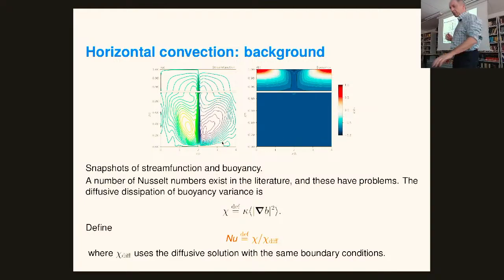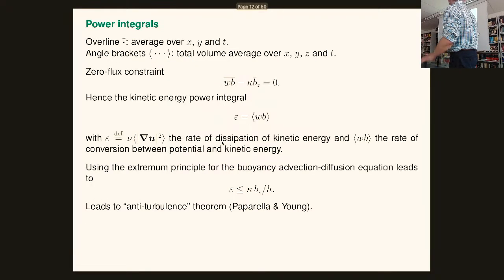I think I mentioned it, but that's not the goal of this talk. So this is just mathematically, again, for the IHP group. This is what I said, that if I average in the horizontal, this is the total heat flux. There's a convective part, WB bar, and there's a diffusive part.